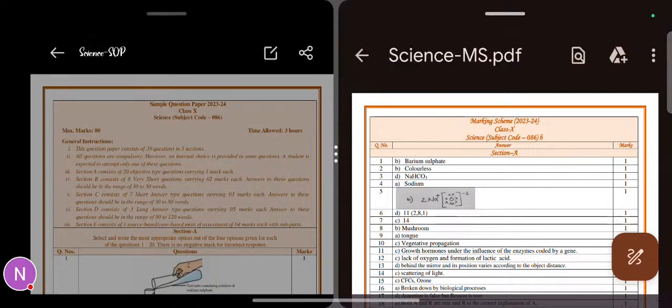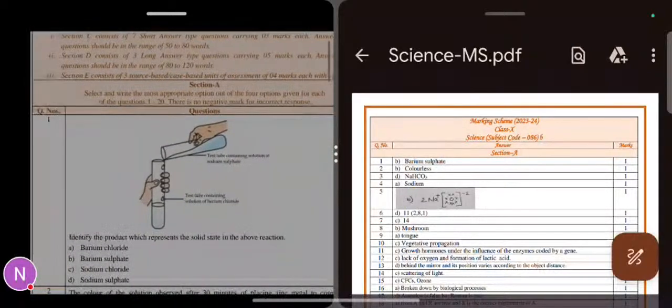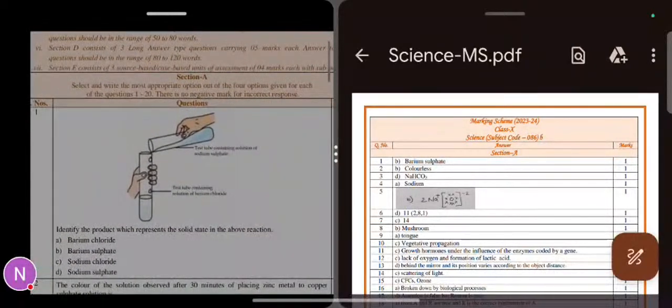Solve 3 CBSE Class 10 science model question for 2023 and 2024. So now, first the main MCQ. Here the first question that they have asked is